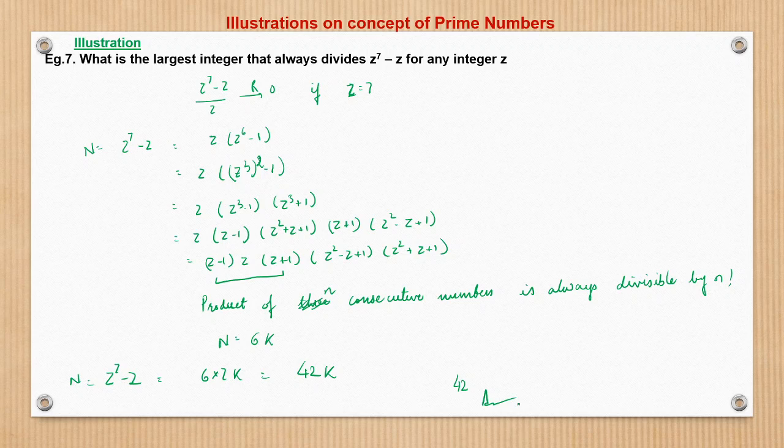So these are a few illustrations on the different concepts of prime numbers. Many more we will see as we move ahead in this number system, on remainders, on HCF, LCM and factors. But these were the bare minimum illustrations which we should have seen, so that the various concepts around prime numbers are clear. So hope this was simple enough.